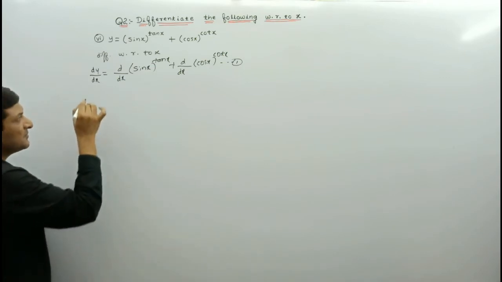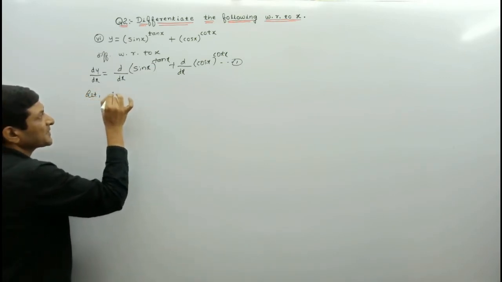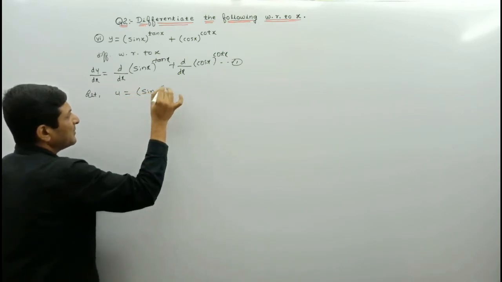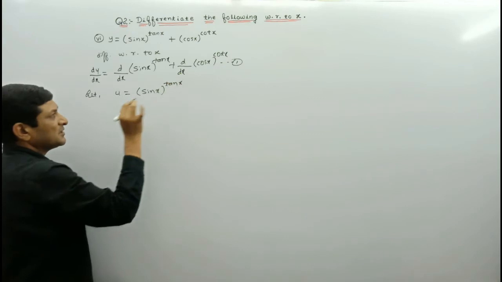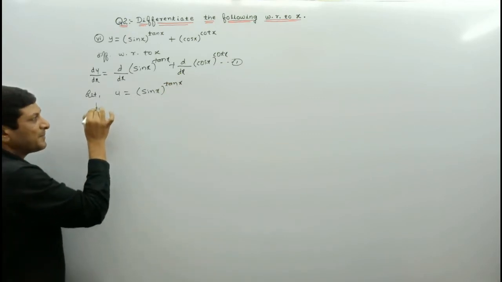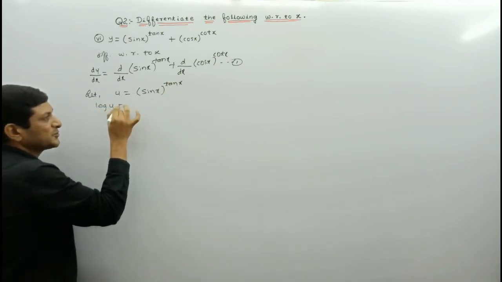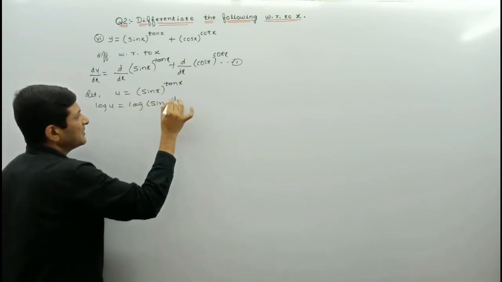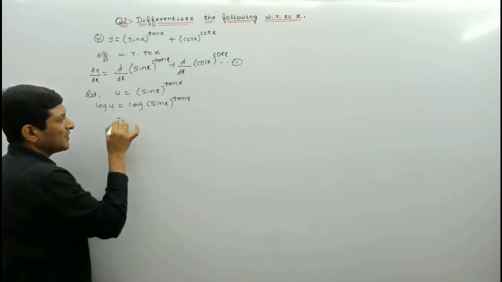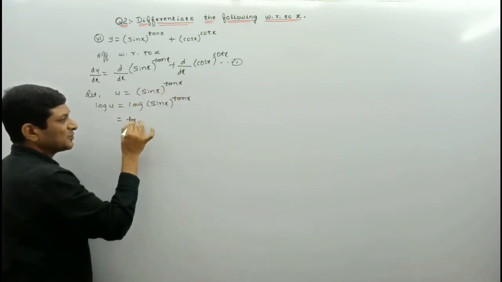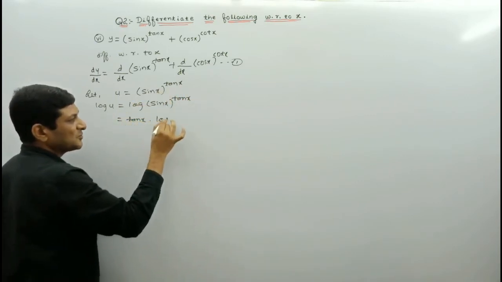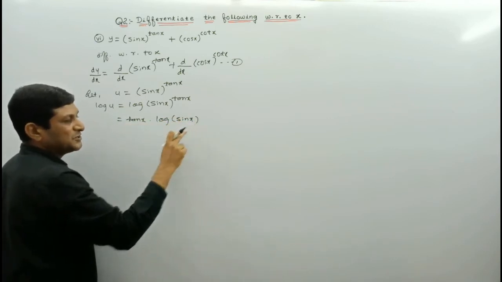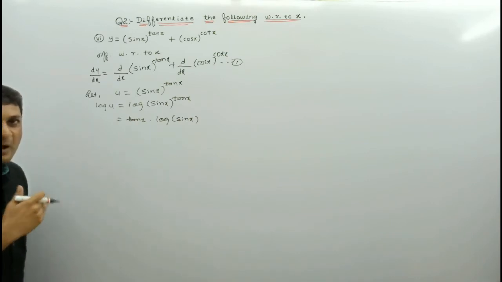So to find out this differentiation, let us denote this term say by u. U is equal to sin x raised to power tan x. Since logarithmic differentiation we have to apply, so we are taking log on both sides. So log of sin x raised to power tan x. According to laws of logarithm, this tan x can be taken as coefficient because power can be taken as coefficient according to laws of logarithm. Now this side is in the form of u into v, means to find out differentiation we have to apply product rule.